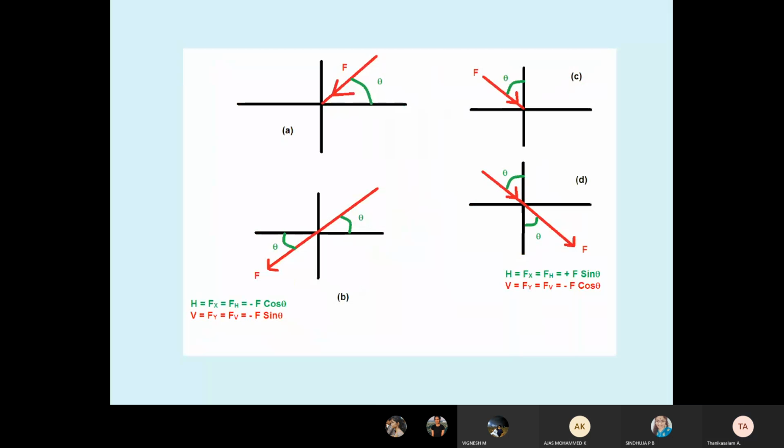Similarly, here is a second diagram, C and D. The C force looks like it is lying in the second quadrant, but it is not, because the arrow mark goes to the fourth quadrant. So you have to transform. Whenever the arrow mark is given, you have to see which direction it goes. The given force looks like it is in the second quadrant, but it goes to the fourth quadrant. Okay, so already explained how to solve F sin theta, F cos theta. The axis in which theta lies has cos.